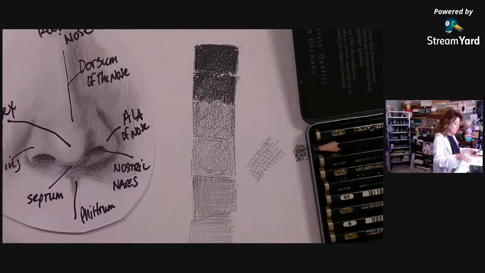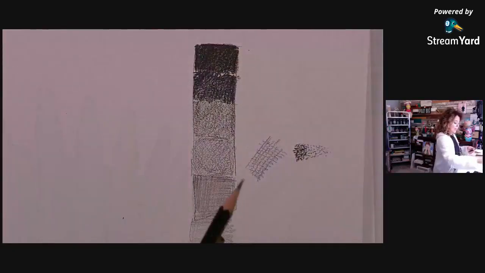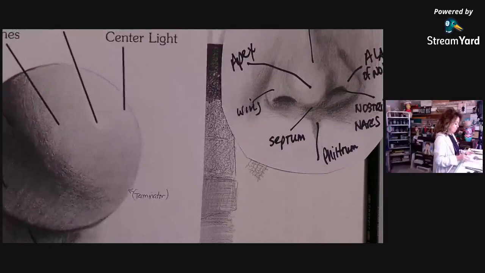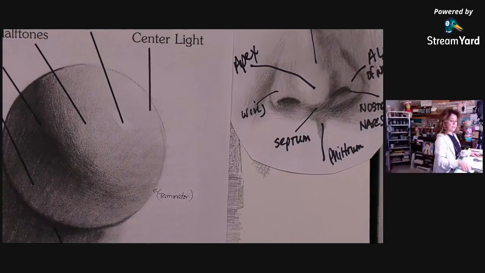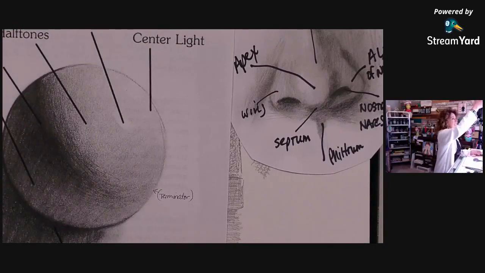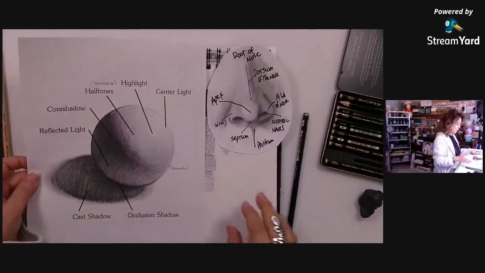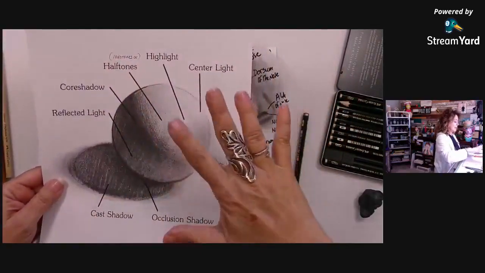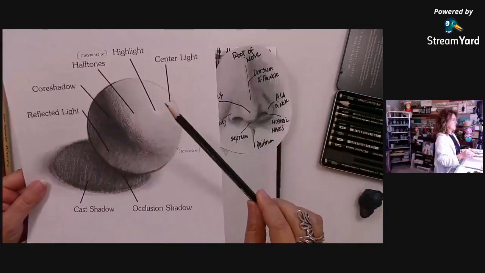Okay, so let's talk about shadows and highlights now. And I know this isn't talking about the nose yet, but it's super important. Okay, if you did my beginning drawing class last year before COVID hit, we did a lot of things on shadows and highlights. Okay, so it's really important to know different shadows and highlights. Now, I'm not going to go into this very, very much, but just so you know,